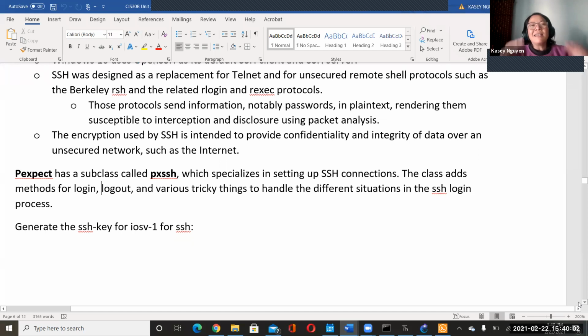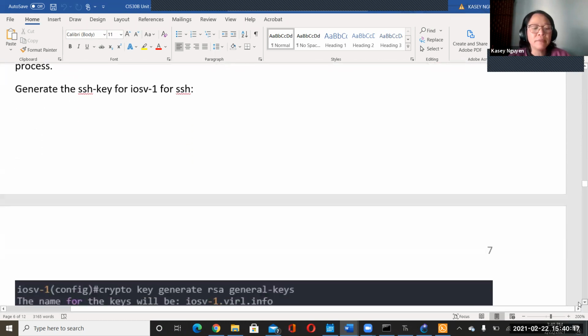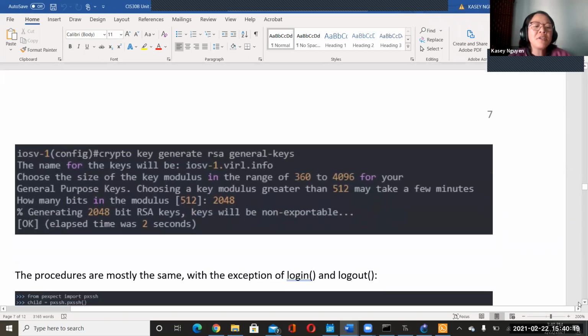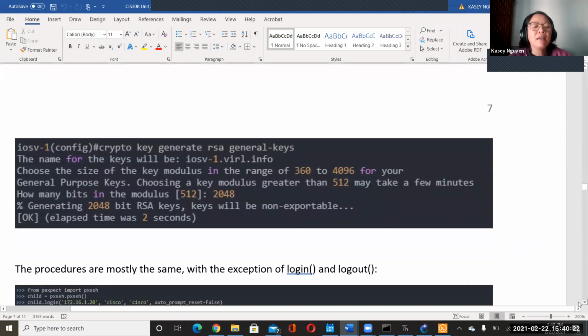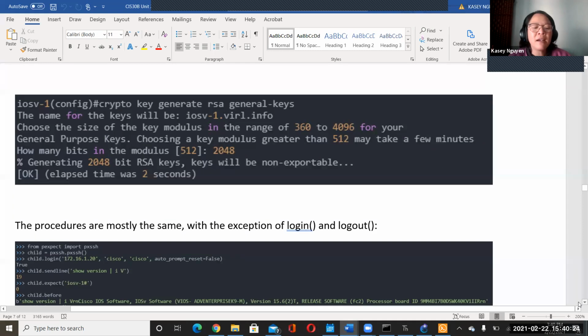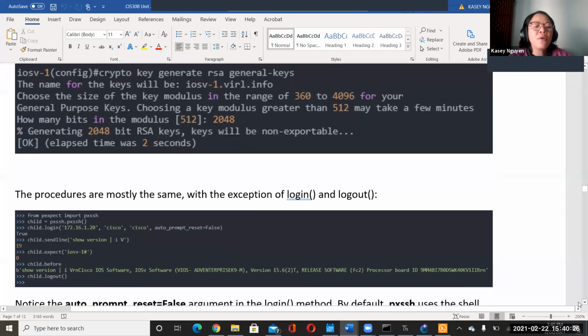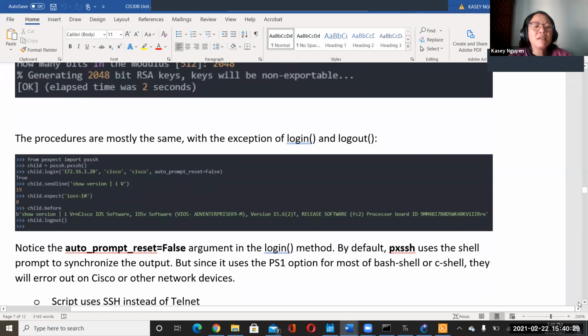Because SSH, the way it works is like this. You have to generate a key and you use that key in order to access. Without that key, you cannot have access through the credential. So you have to generate an RSA key, and it shows you that there. Sometimes that can be difficult, right? I had an intern who worked for a software company and he had to do this.